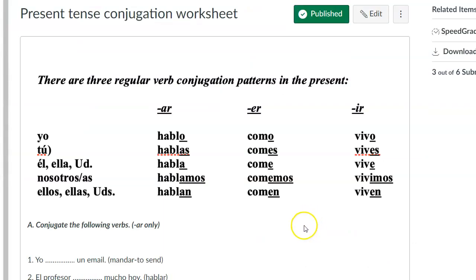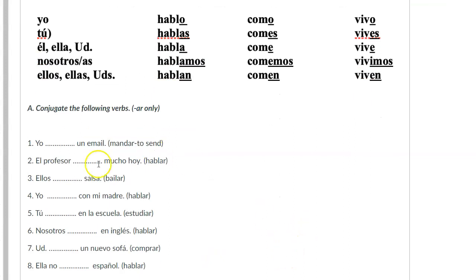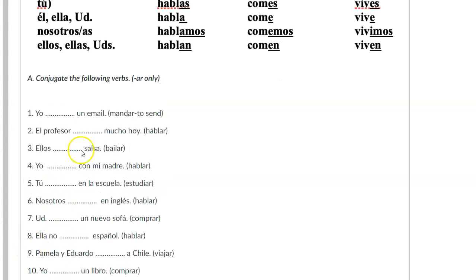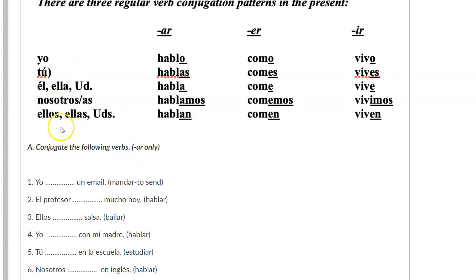And then the last thing we're going to knock out is your present tense conjugation worksheet. Pretty straightforward. Just like exercise 14, you're going to conjugate the verb that's provided in parentheses according to the subject at the very beginning. All of these are going to be super easy, except for examples like 2, 3, 9, where you don't have a subject pronoun, and therefore maybe you're a little bit unsure of what form you should use. Check it out.